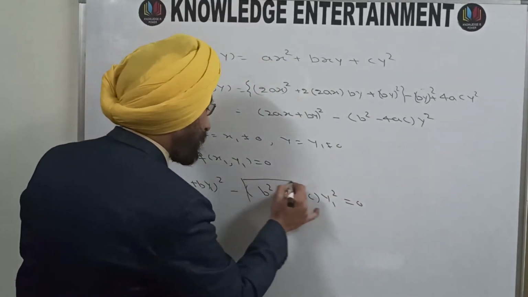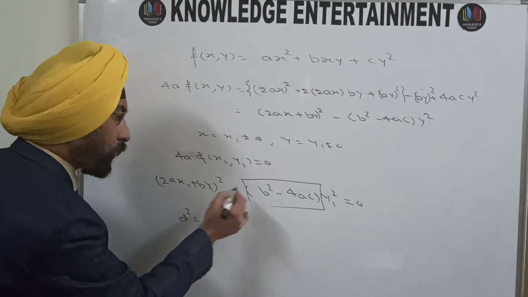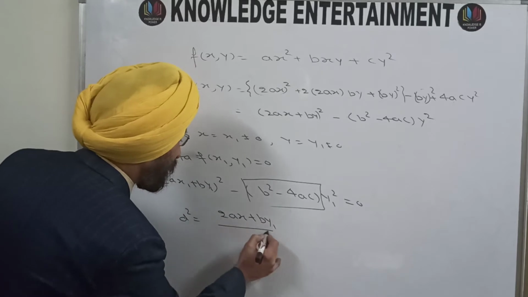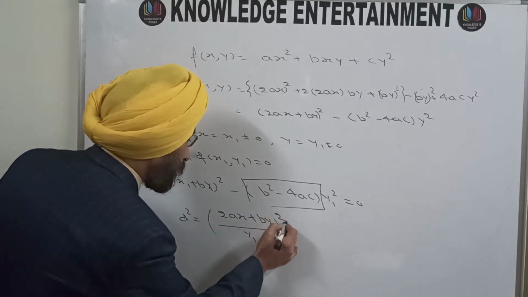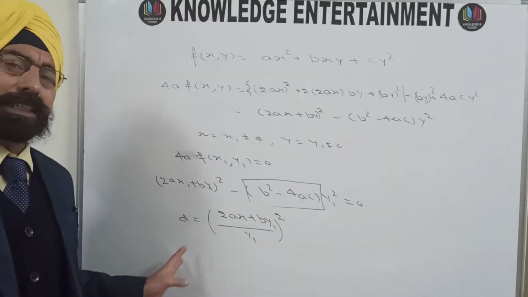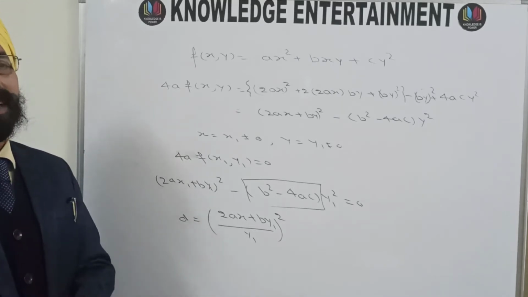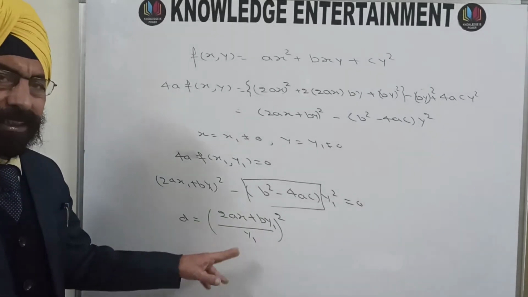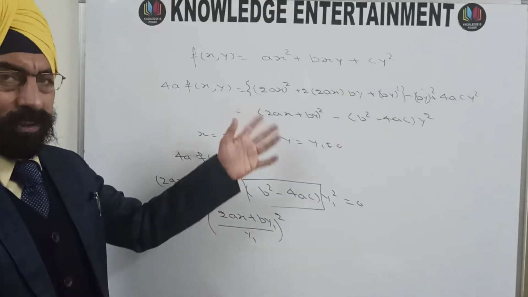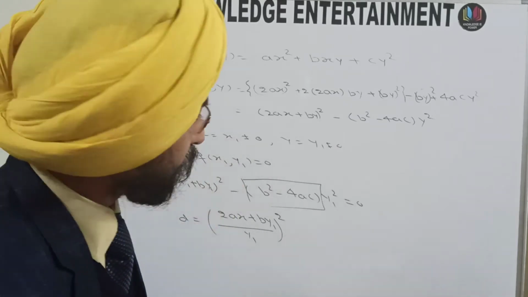What is this? This is your discriminant d. And the value of d you are going to get from here is ((2ax1 plus by1) divided by y1) whole square. This is your d, not d square. So d is a perfect square. And this is a contradiction because in the statement of the theorem we were given that d is not a perfect square. Why is this contradiction there? Because we supposed that there is a non-zero solution of this binary quadratic form. That means the binary quadratic form cannot have a non-zero solution.